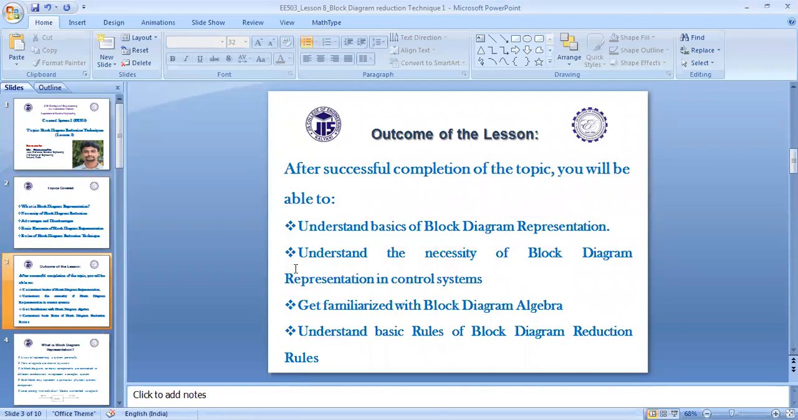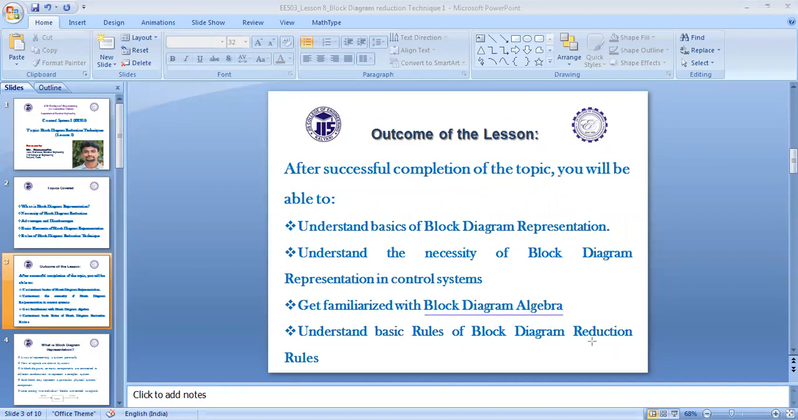This slide discusses the outcome of this lesson. So once the entire lesson is completed, you will be able to understand the basics of block diagram representation. You'll be able to understand the necessity of block diagram representation and block diagram reduction in control system. You'll be able to get familiarized with block diagram algebra, and you'll be able to understand the basic rules of